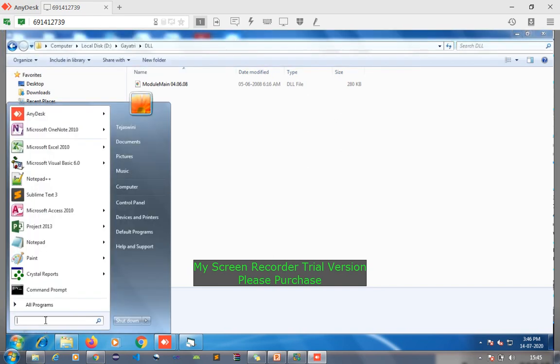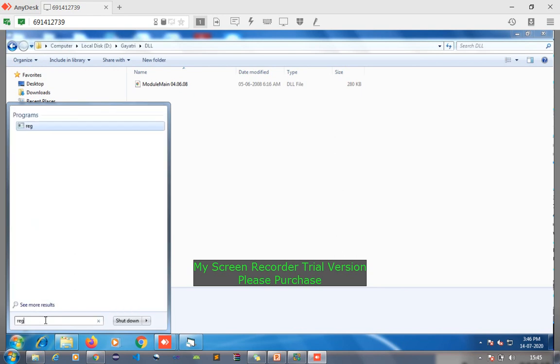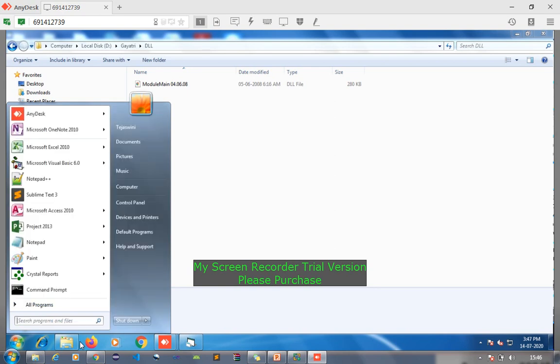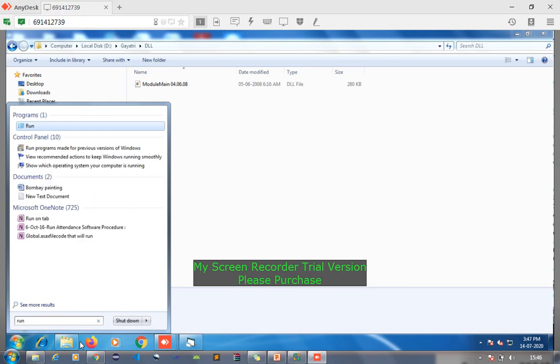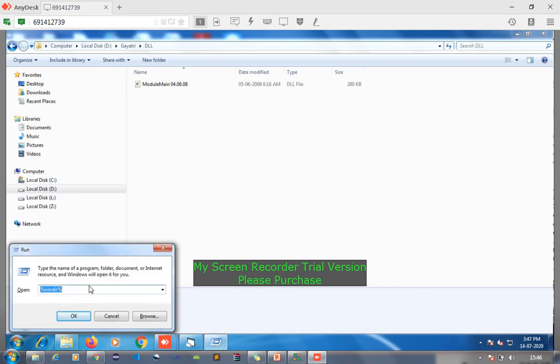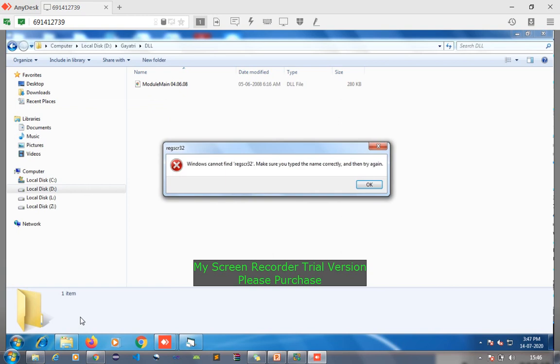Again come into this part and say regsvr32 in double quotes, paste the entire path of the file, then just run it. I think it should run, and if it is not running then there is a different problem, but this is how it should run. This is not the search option. Basically you have to find the option called Run. This is the area where you can type the run command and execute it.